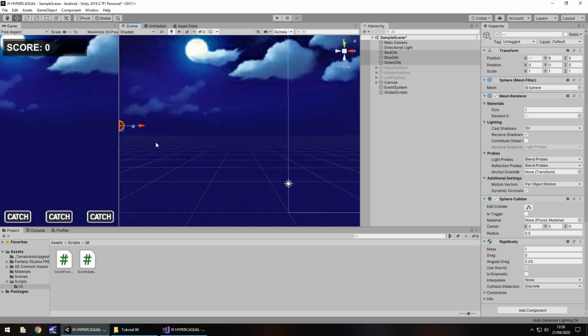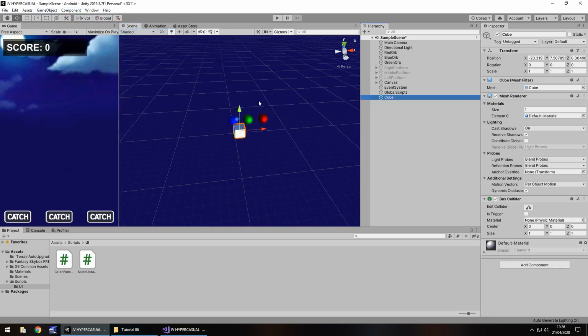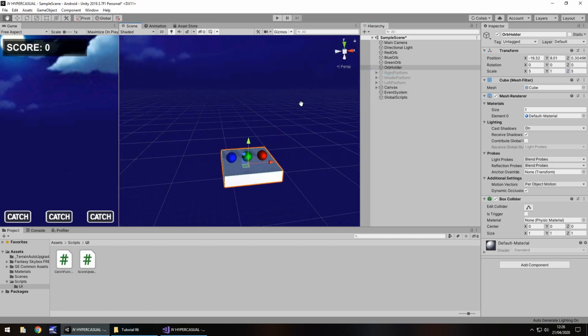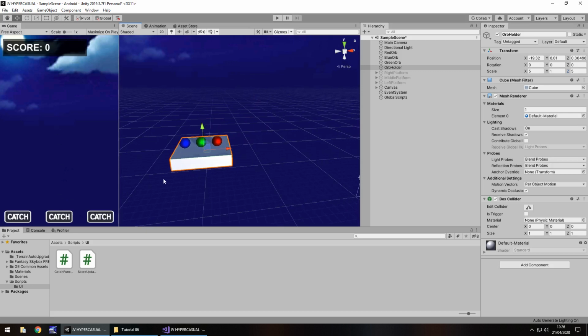And what I'm going to do is put a platform just beneath them, just so they don't infinitely fall. So game object, 3D object, cube. Let's expand this cube to be, let's say, 5 by 5. Let's bring it into a position to about there. I'm just going to call this orb holder and bring it up to here. And you can see that they're not going to go anywhere. They're just going to stay there, and they're not going to fall down from our screen now.